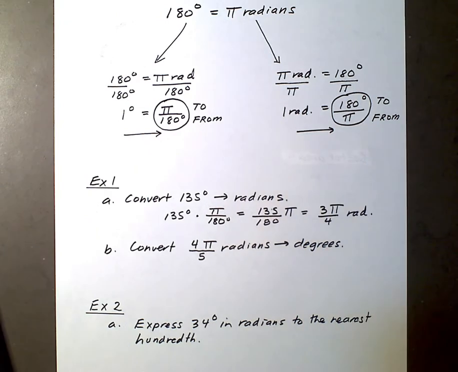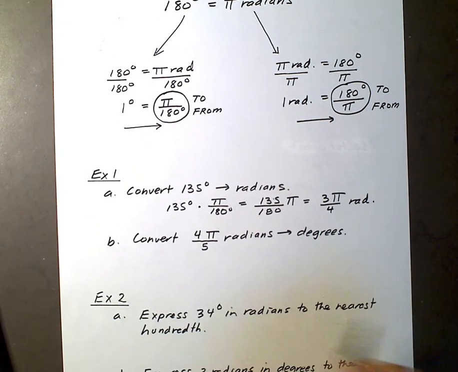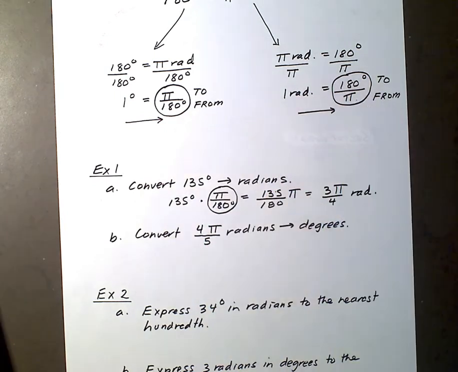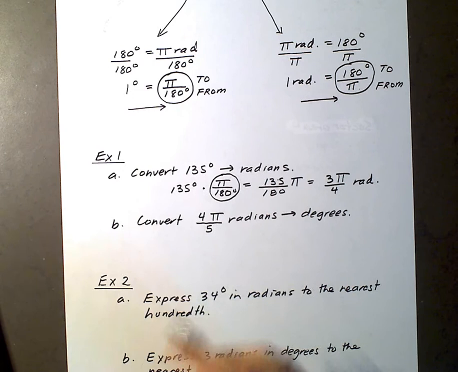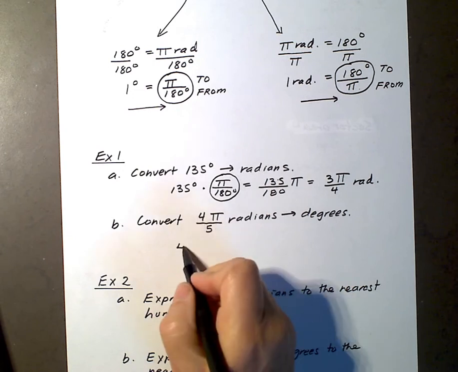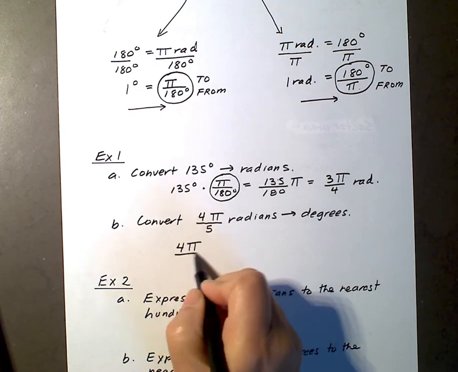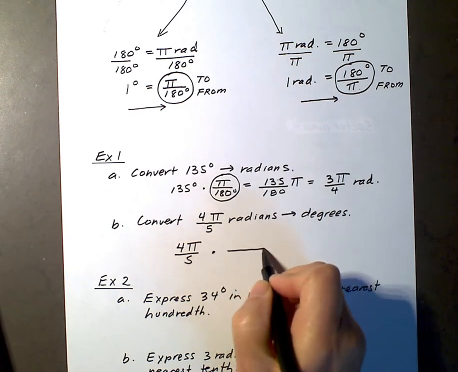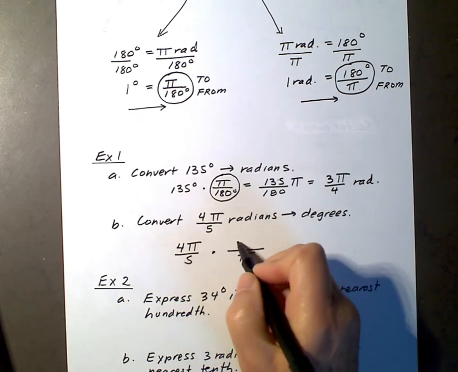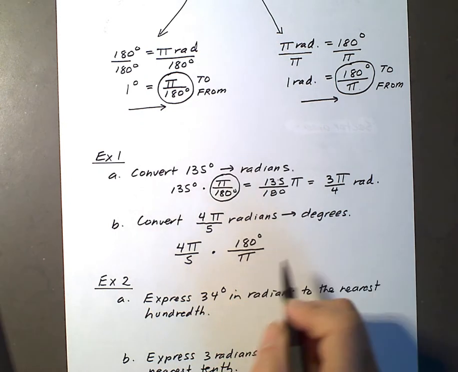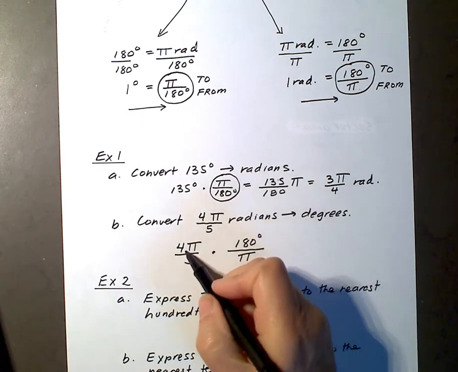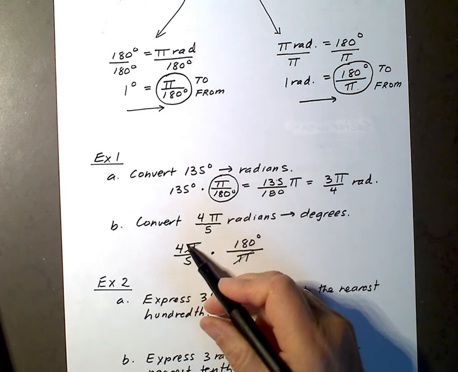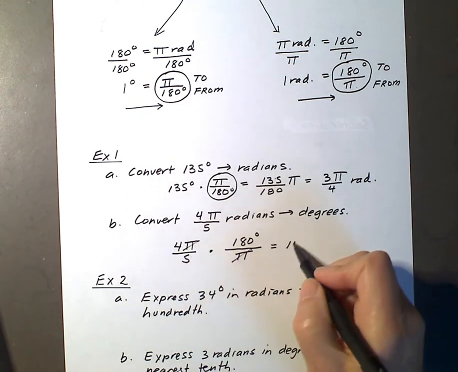Now going the opposite direction, instead of using this multiplier, I'm going to use the other one to convert from radians to degrees. So if I have to convert 4 pi over 5 radians to degrees, I cancel the radians, and I want to end up in degrees. So when I do this, the pi's cancel, and 180 divided by 5 is 36 times 4 would be 144